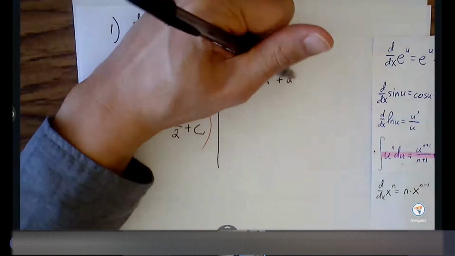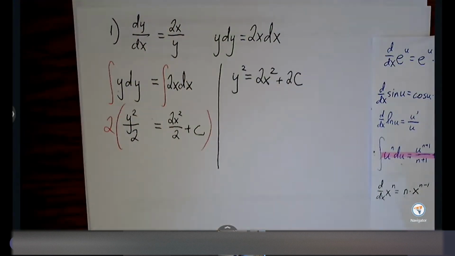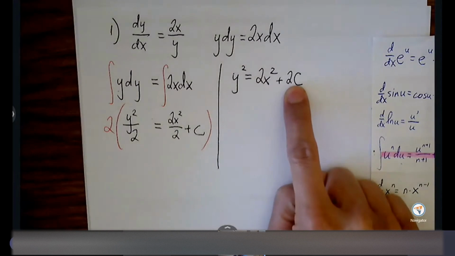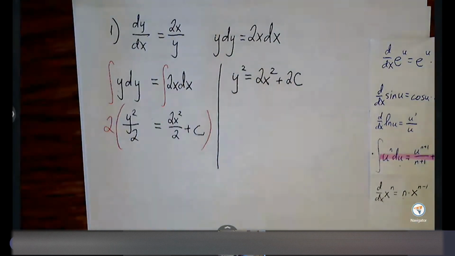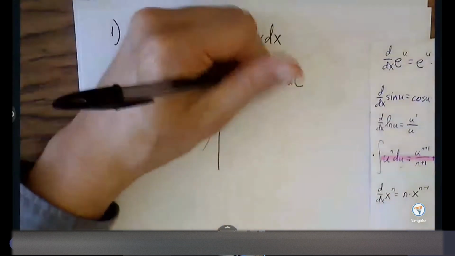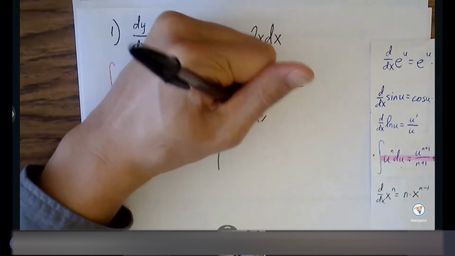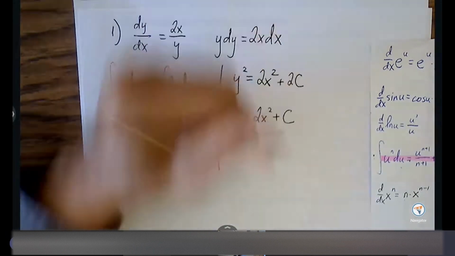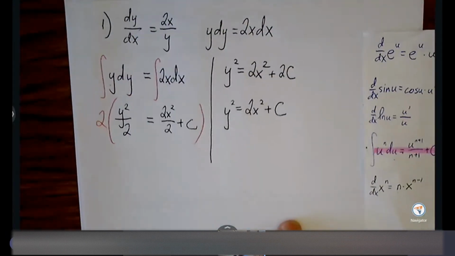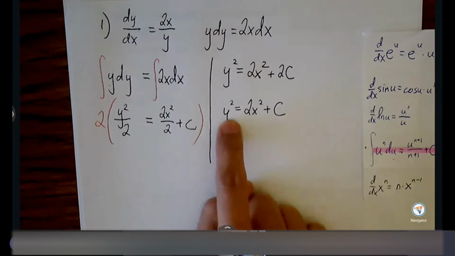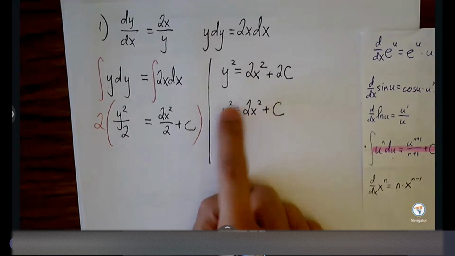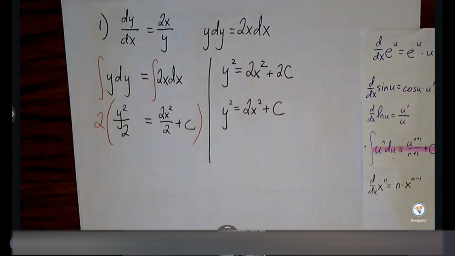Now, you can think of it as multiplying a 2 through and calling it 2c, but what do you know about 2c? Still a constant, right? So let's just call it c. Okay, it's not wrong if you do this, but a cleaner version is just calling it c. Future questions, we're going to go further. We're going to take the square root. We're going to solve for y, but for now, let's just call this our